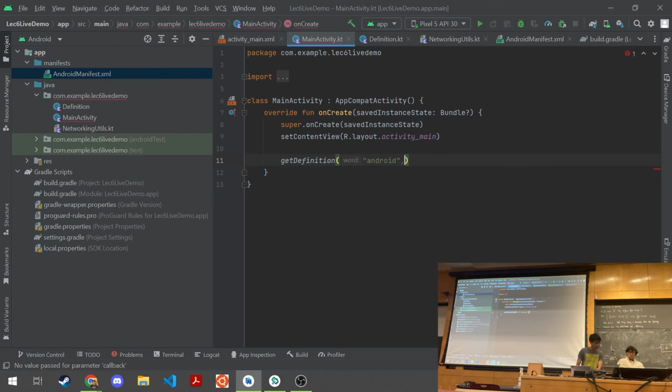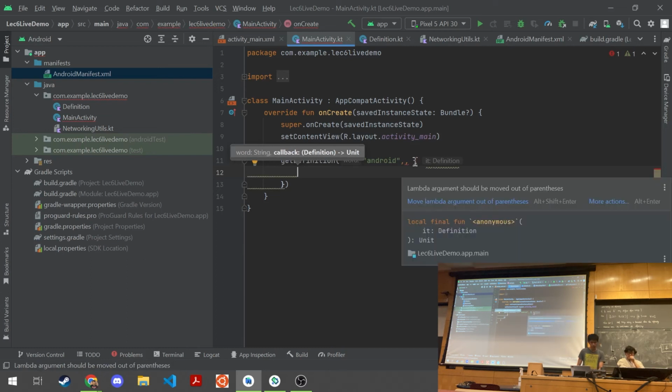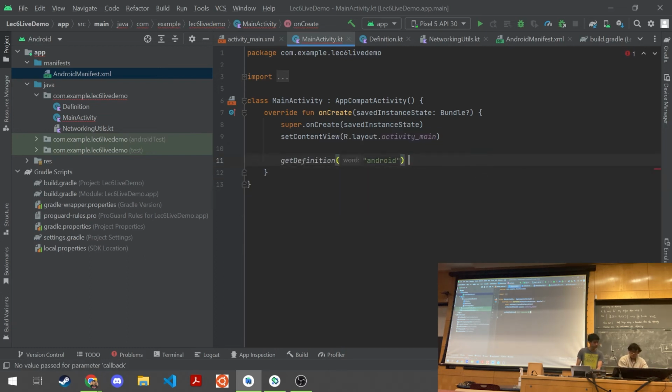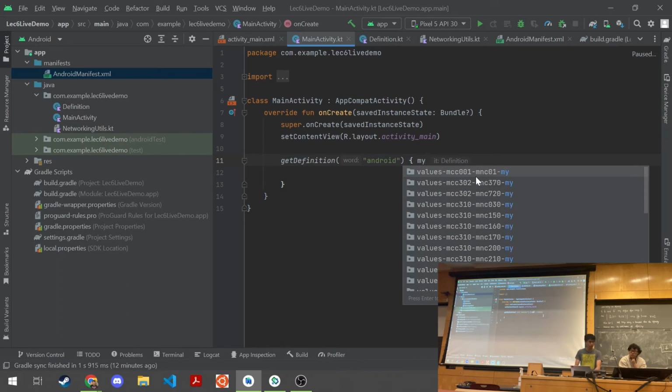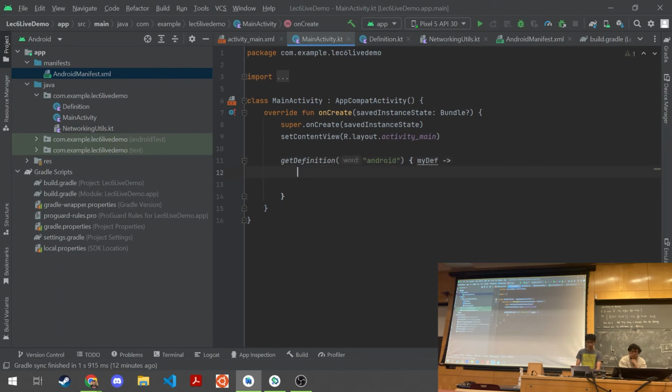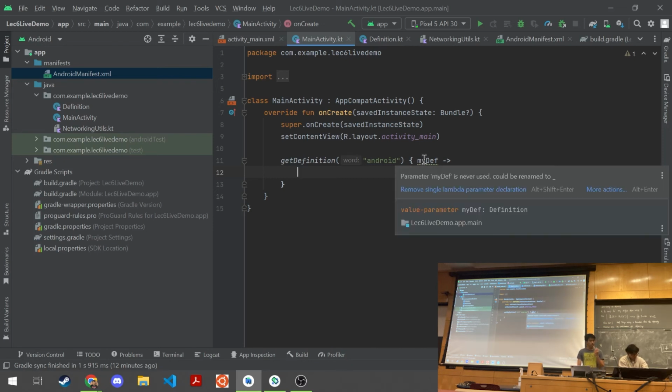And I can either specify a function like so, in which it kind of looks like I'm actually passing it as an argument, or just shorthand, you can do it like so, where you pass in the function after the function call. Either way, you can see this is calling an initial parameter it as the definition. I can change this name from it, which is the default name, to something more intuitive. I'll call it my def. And now I can assume at this point that my definition is a definition that I had received from the backend and actually took from a JSON object and made a definition object.